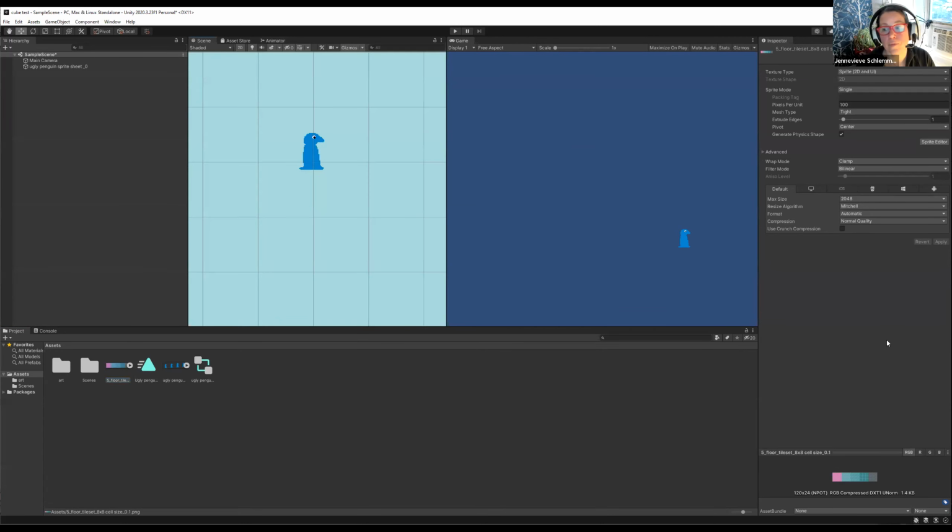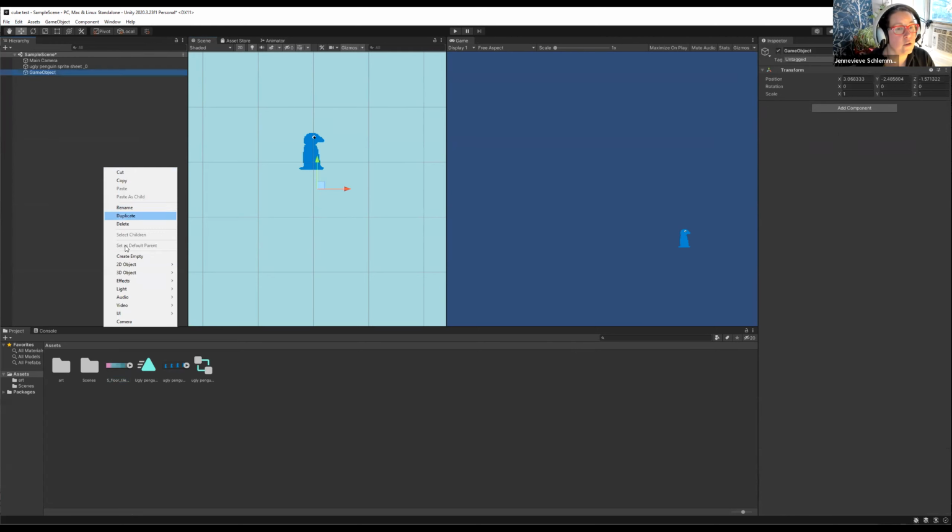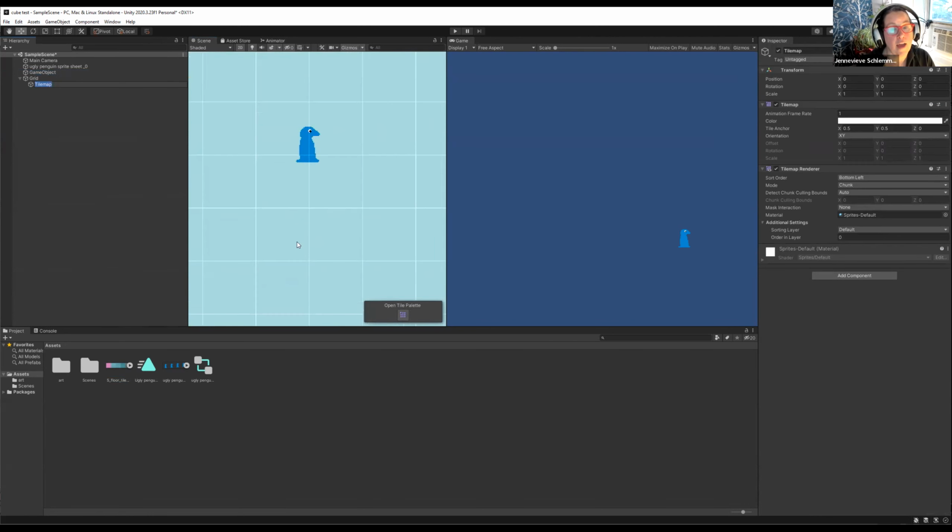Let me get rid of that. So I brought in this tile set, and again, you can import these, you can cut them up into little tiles, but then instead of saving them as an animation, you save them as a tile set. So you come over here and you create, oh, not create empty, sorry. You create 2D object tile map, and you want rectangular, maybe you want hexagonal, maybe you want isometric, totally depends on your game. So I'll say rectangular, and then you can open your tile palette and see here's one that